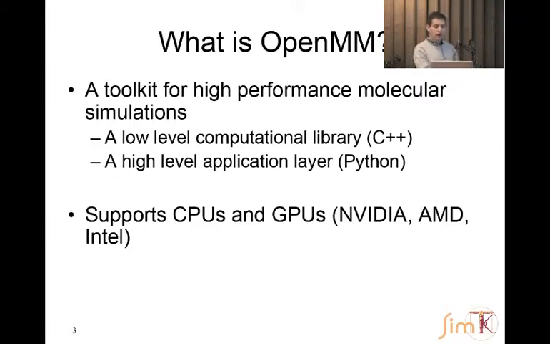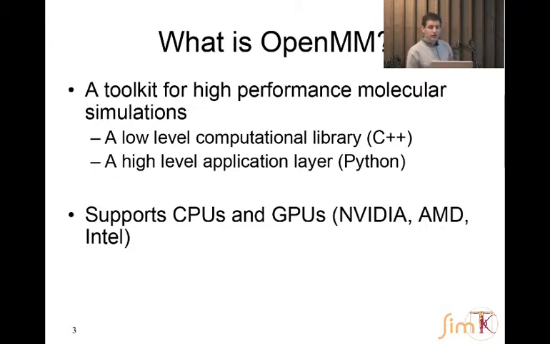And then on top of that, we have a high-level application layer that's written in Python. That layer adds many features that you need for an actual MD application, things like loading and saving common file formats, writing out results in the middle of a simulation,